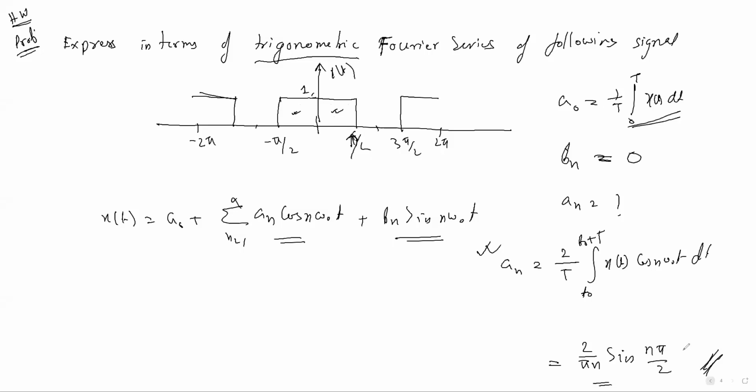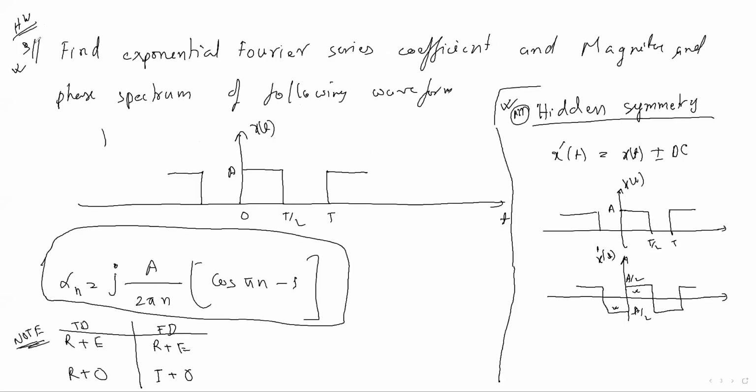But even waveform, I am giving this as problem number 2. But here you see, this is problem number 1 as homework. Here this is the odd signal. This is an odd signal means the symmetry is hidden. You have to make the amplitude equal on both the negative and positive sides.